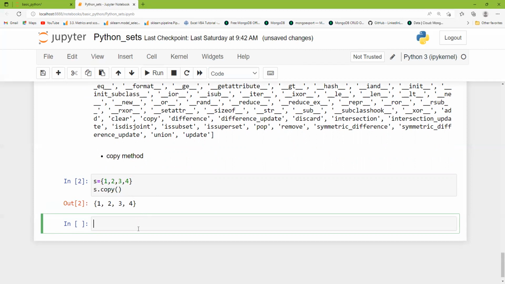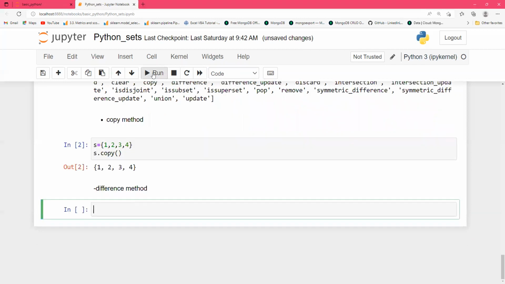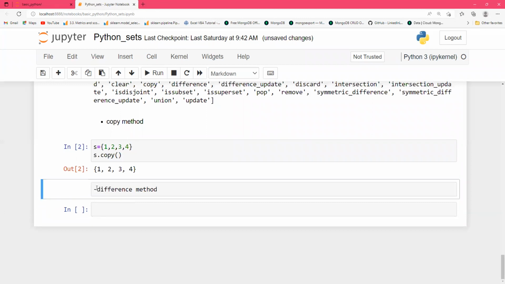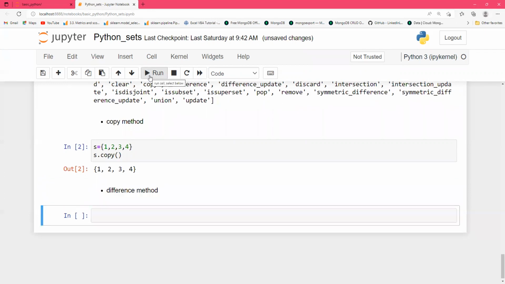So the next method is the difference method. Yes guys, the difference method. So what will happen in a difference method, guys? Let's mark it down and run it. In a difference method, it will return a set containing the difference between two or more sets. If we have taken two sets,